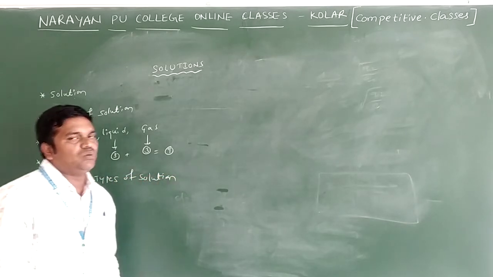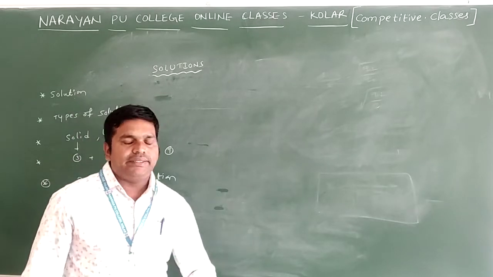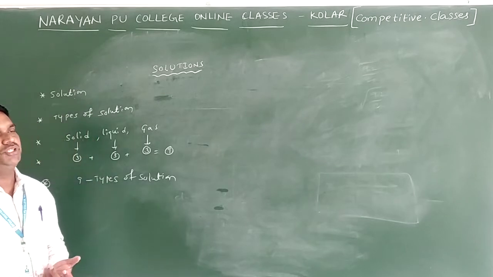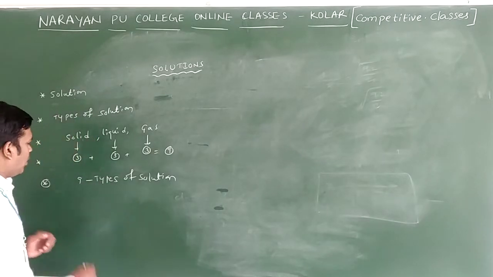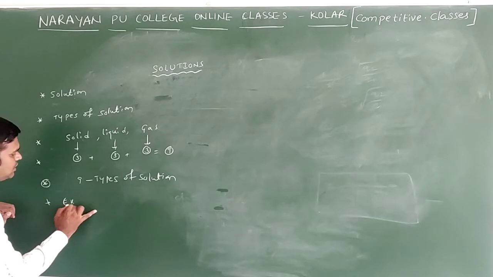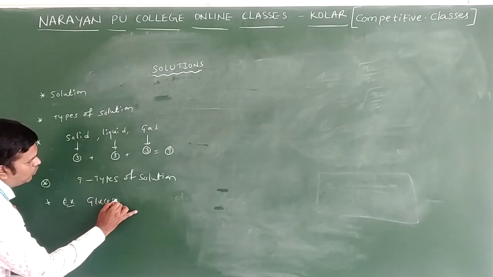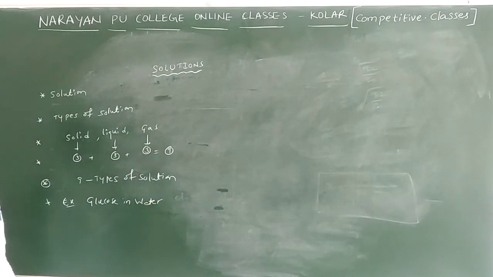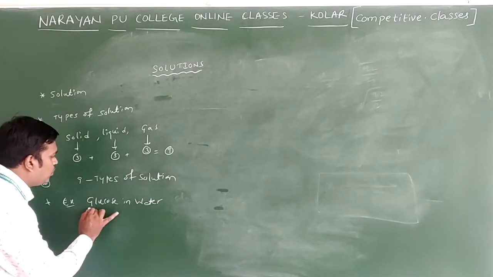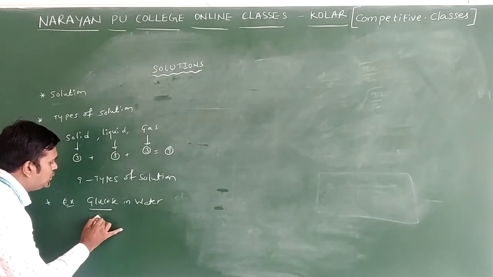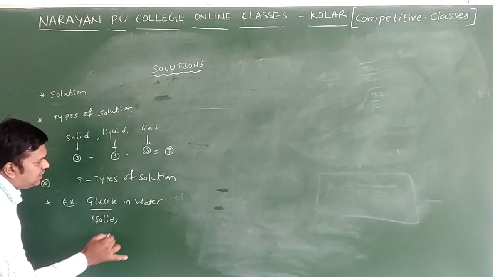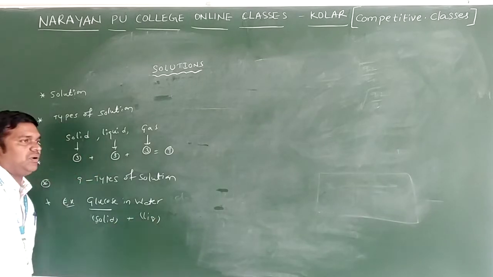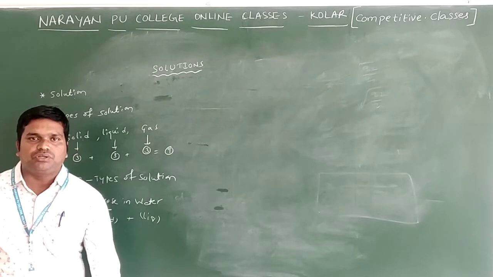So here we may get one question based on that, where they give the type of solution. They are asking whether this comes under what type of the solution. Suppose they give glucose in water. Suppose the example is given like this: glucose in water, or we can say glucose solution, comes under what type of solution they are asking. Here glucose is a solute. Solute means, what state is glucose in? Solid state. And water is in liquid state. It comes under what type of solution? Solid and liquid type of the solution.